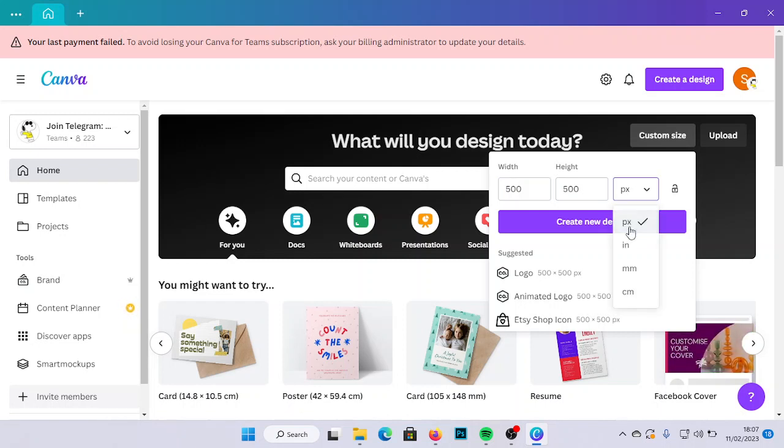We have pixel, P-X or P-I-X-E-L. It's called pixel, the abbreviated form of pixel. We have inches, the abbreviated form of inches. This is millimeter and centimeter. So if you go to a site, for example, and you want to do your mock-up design,